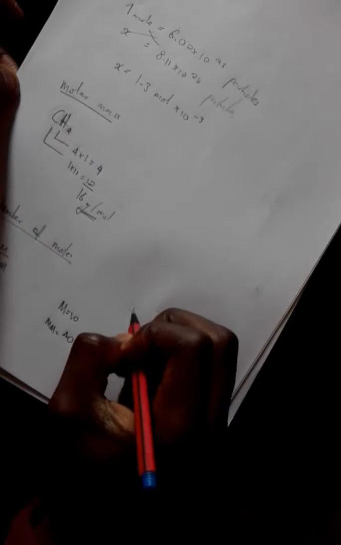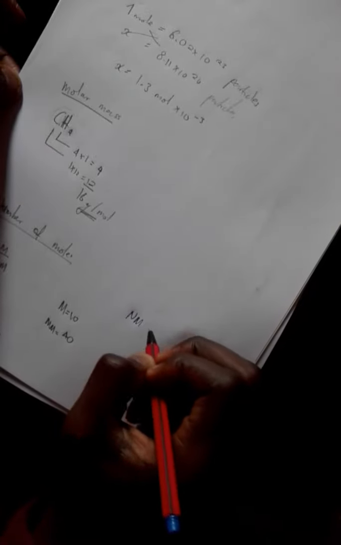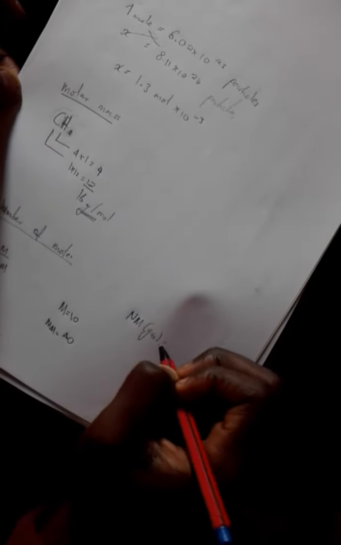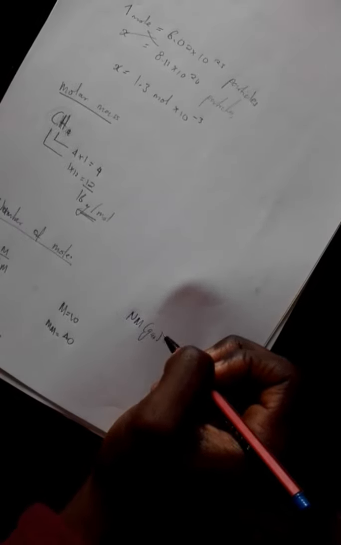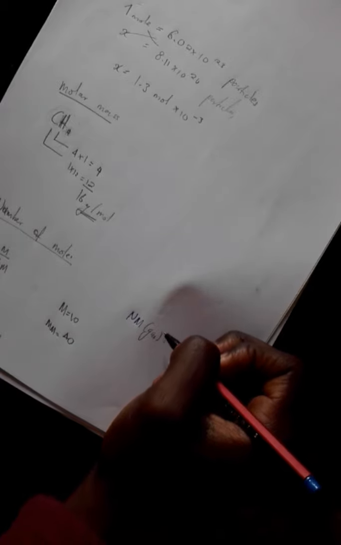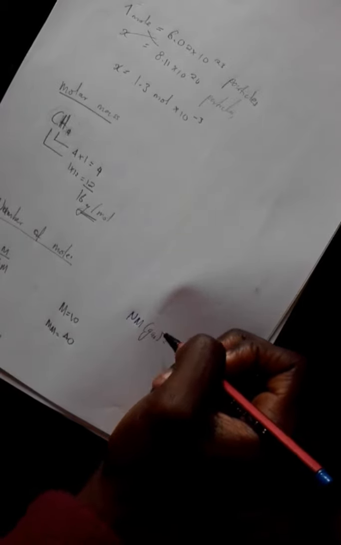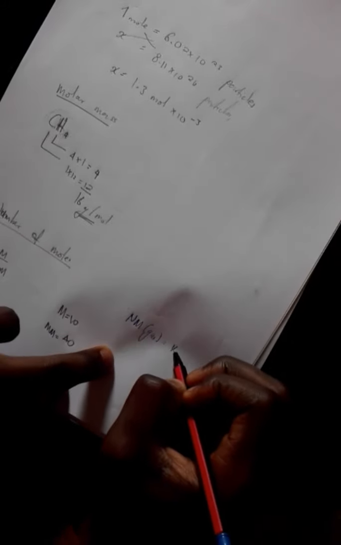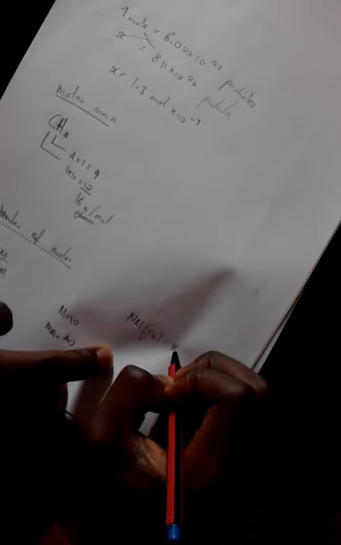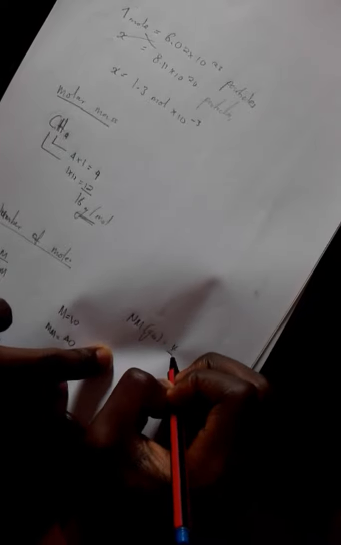But then there are cases where you'll be asked to find the number of moles of a gas. In that case, the number of moles of a gas is equal to the volume of the gas in centimeters cubed at room temperature over the constant volume. So let's just say